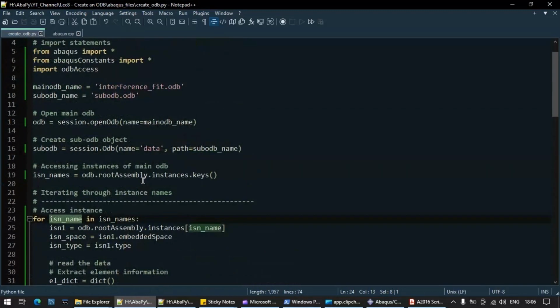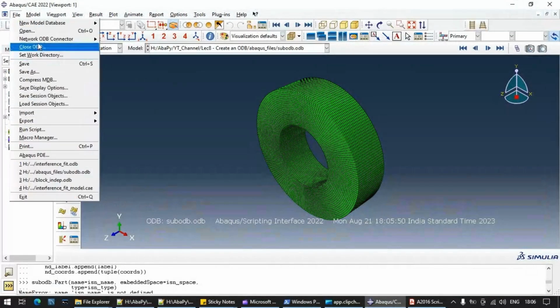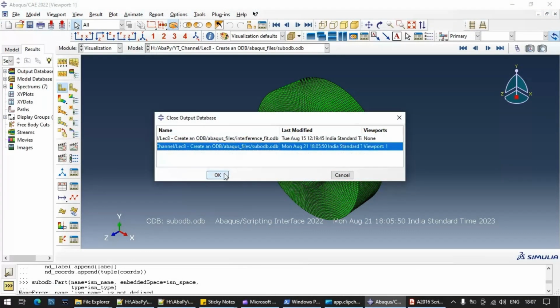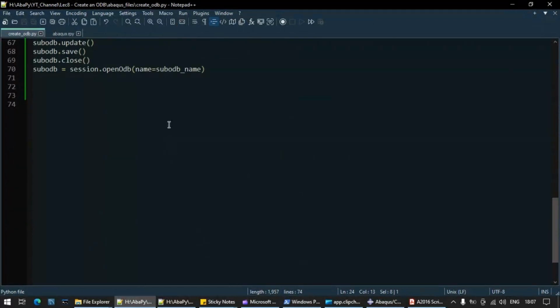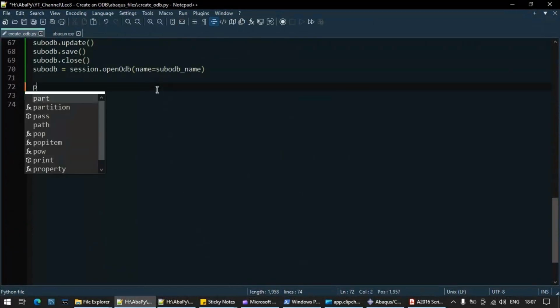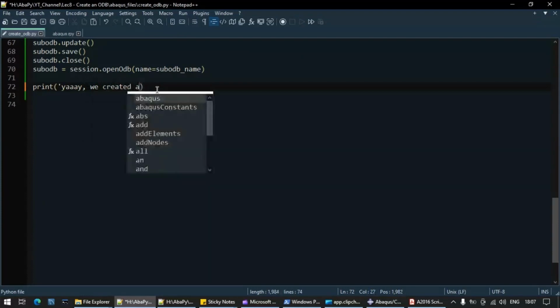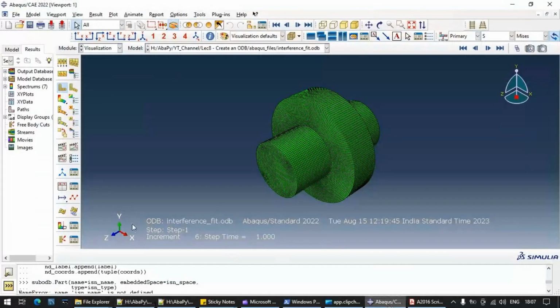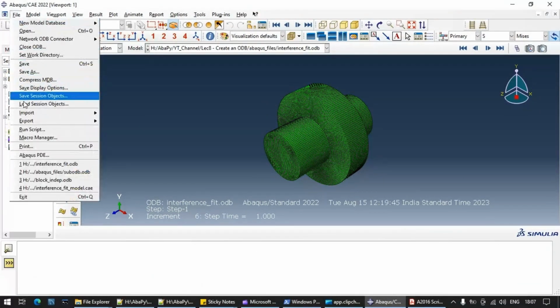Now what we'll do is we'll run the script again. So before that, let's close the sub ODB. Okay, and at the end let's write some message. Hey, we created a sub ODB, right? At the end. So let's go to this message area and try to run the script.